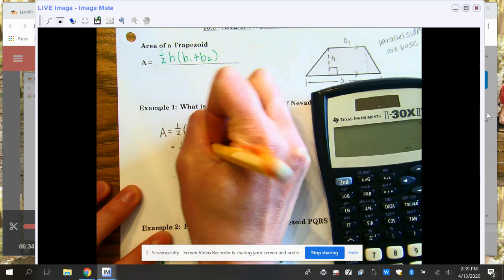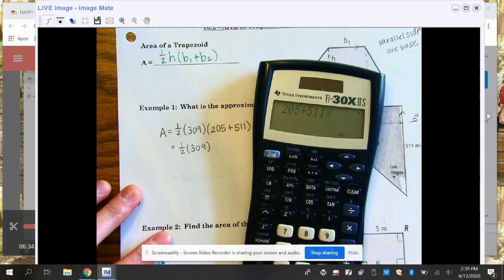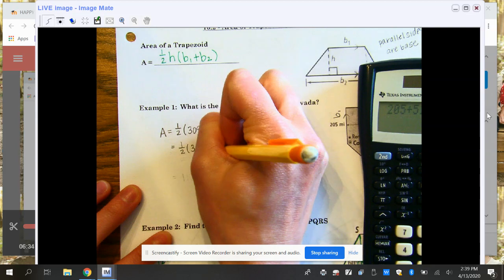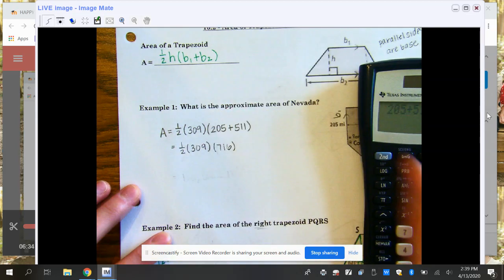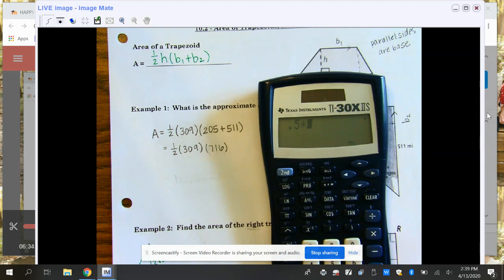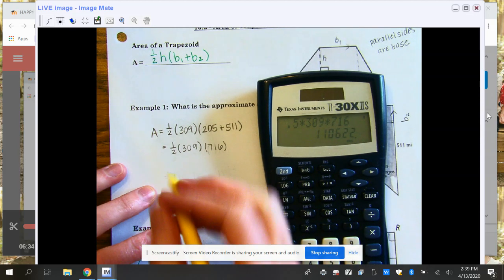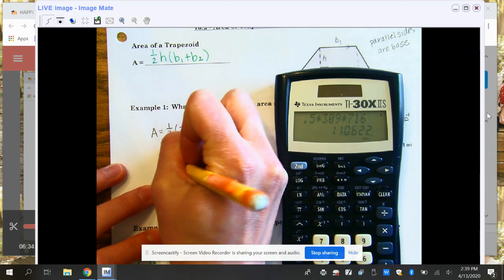So 1/2 times 309, 205 plus 511 is 716. And then after you do that, you can just multiply these three numbers together. So 1/2 times 309 times 716 is going to be